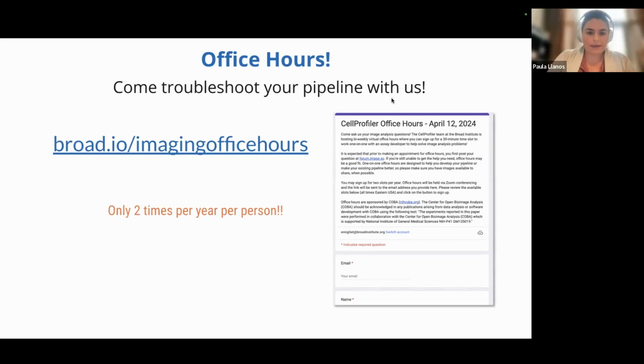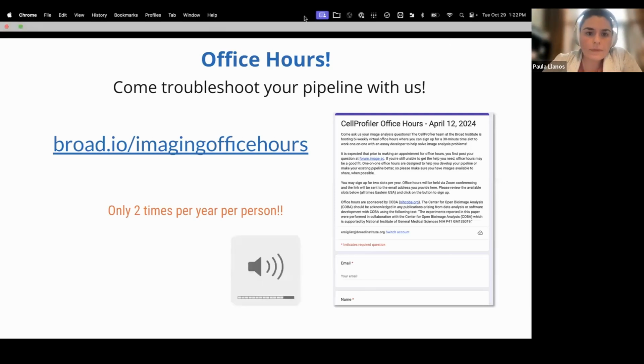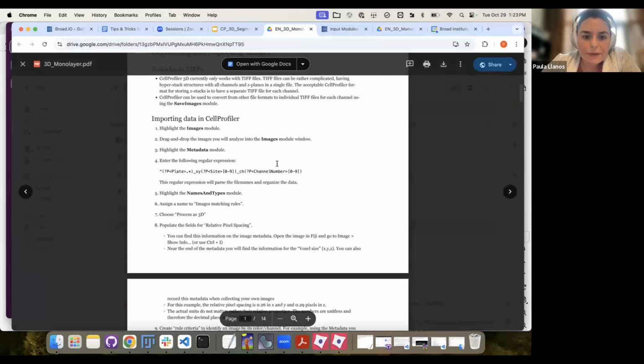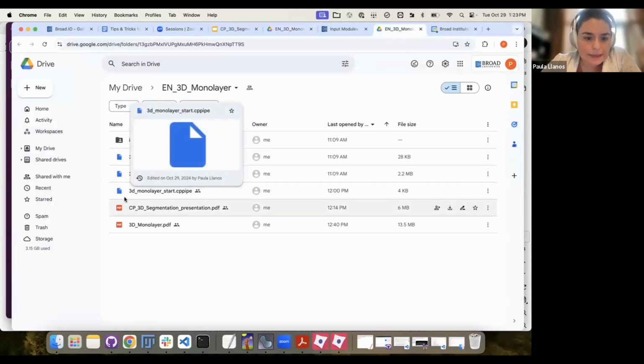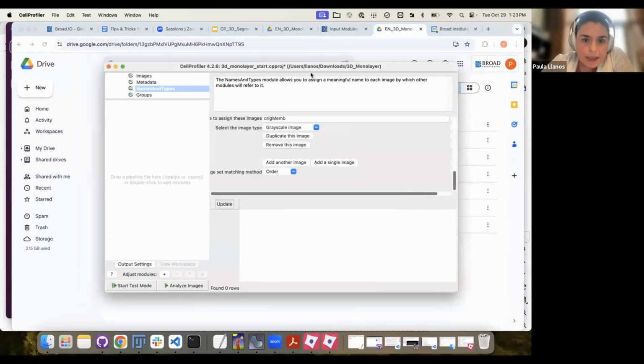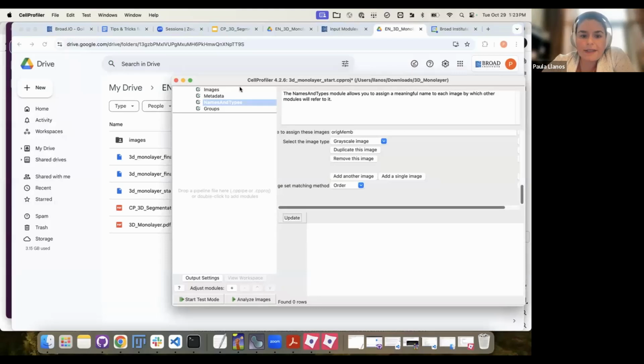And now we are starting the hands-on part. Do you have any questions so far before I show you the tutorial? Okay, so we will continue. This is the folder where you will find the material. This is the tutorial that you are following. What I recommend is to download this 3D monolayer start pipeline. This is the pipeline that we are using to start. So when you already have CellProfiler open here, for example, and you have downloaded the start pipeline, you just drag it there, and then